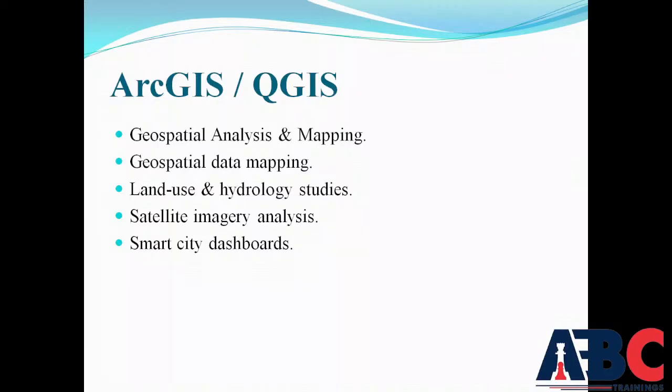Watershed and hydrology modeling, means in the hydrology or water resource department, that software is mostly used for watershed and hydrology modeling. Floodplain mapping means the areas in which floods happen many times. For that mapping, we are using this. Soil, vegetation and terrain analysis. Engineers use this data for sustainable planning, drainage design, flood mitigation, and resource management.